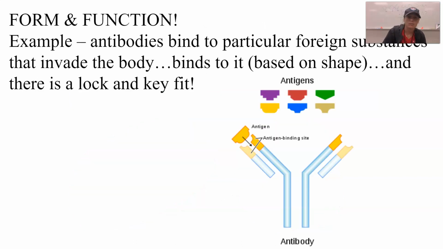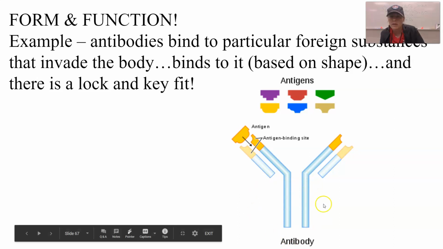That is huge for us, because if that protein does not bend and fold and get to a quaternary structure that is the way it's meant to be, if it does not develop in its correct form, it will not function properly. A great example we like to talk about is our immune system, because it's clearly a form fits function. In our immune system, we have these proteins that bend and fold, and they're called antibodies,